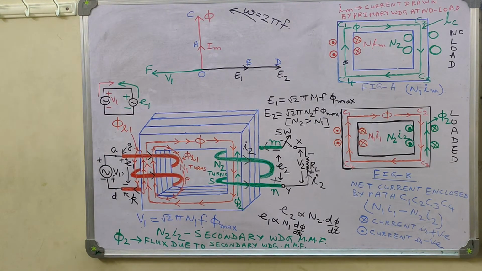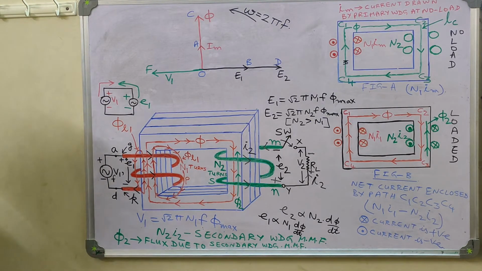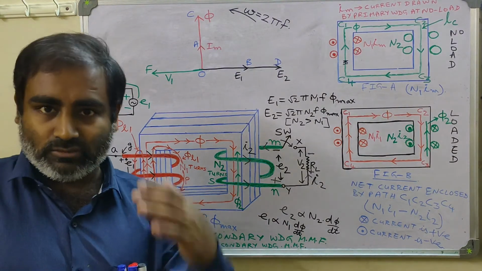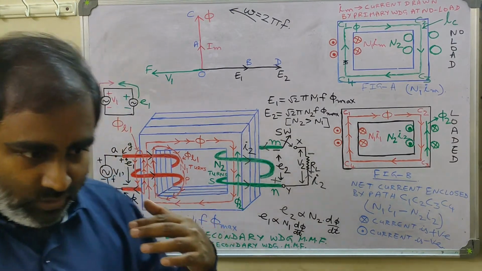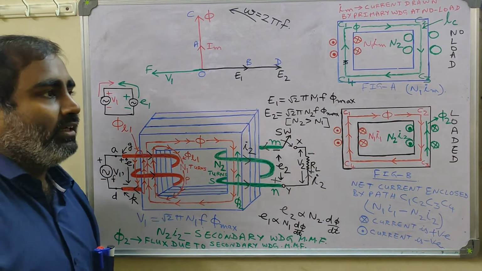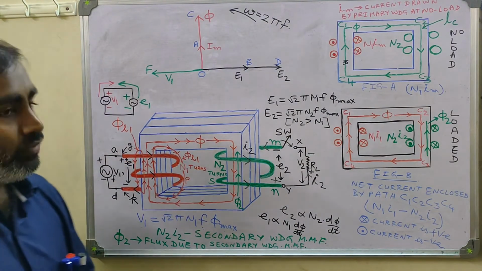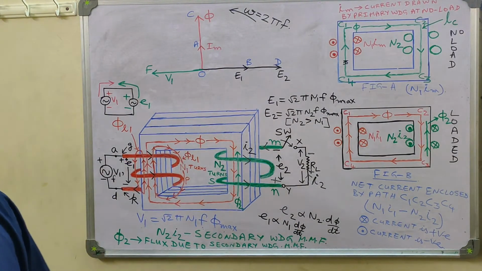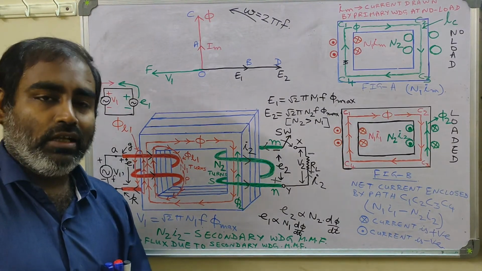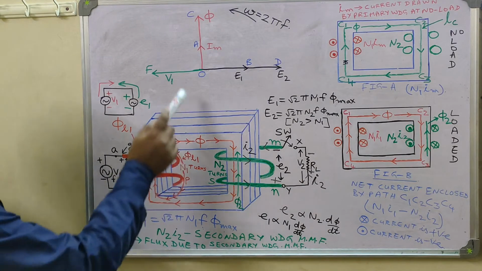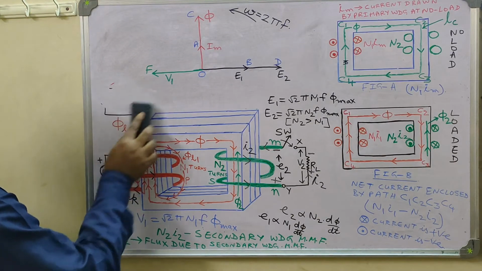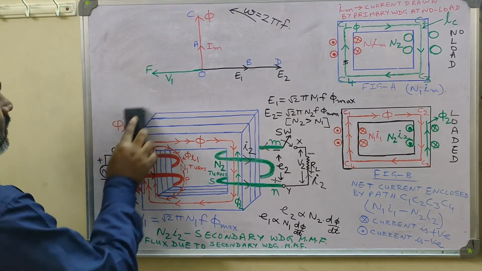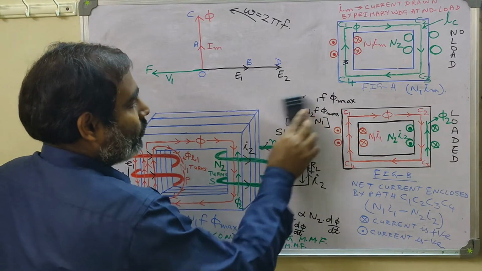Now let us add that effect which we are discussing. In some textbooks, besides the four assumptions which we have made for an ideal transformer, another added assumption is that the relative permeability mu r of the magnetic material is very large, or to be precise, the value of mu r for an ideal transformer tends to infinity. So let us see what the effect of that is. Before we see that, let us write one equation which we derived earlier, or we may rewrite it.